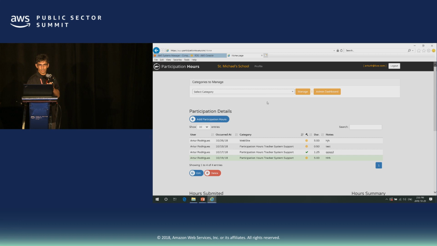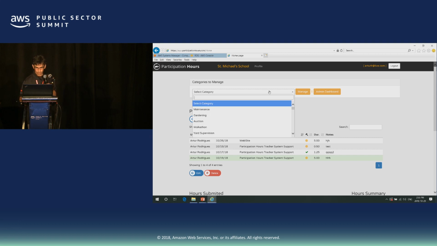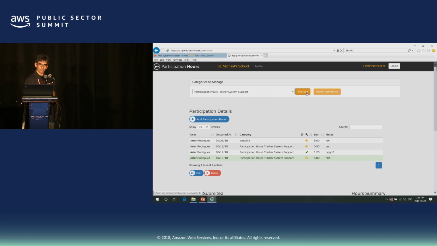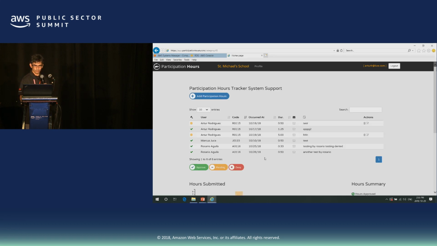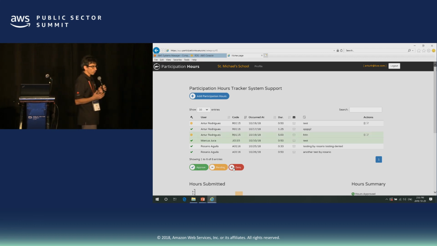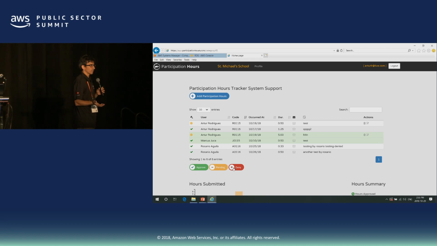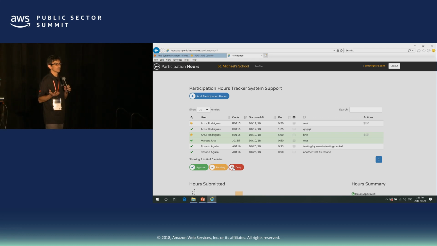Right? And then if I want to, I can manage. I can approve, deny. So it's a system. Actually, it's working, right? So the people are using it. It's not so different from web applications you've seen out there.